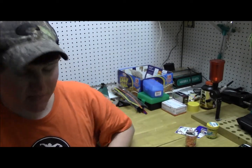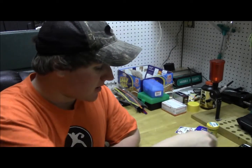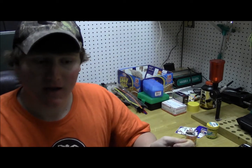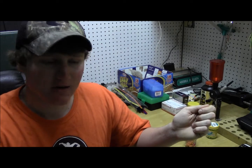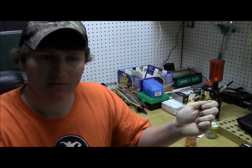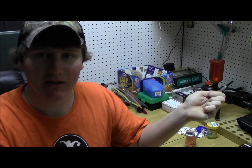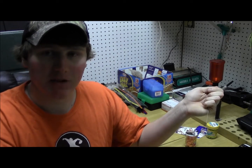Like that. As far as weight goes, you want enough weight that it keeps it on the bottom, but you don't want too much weight that it just sits there. You want to be casting upstream and letting it drift downstream. If you're fishing a pond, the way I've seen most people do it in a pond or still water, take a bobber and put it however many feet up the line from your sinker. The distance between your sinker and your bobber is the depth that you want your